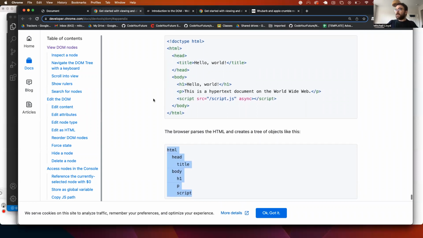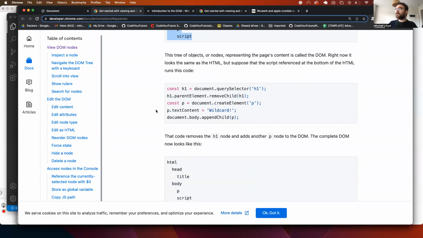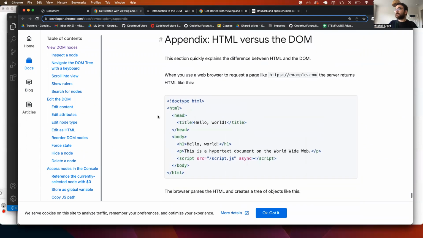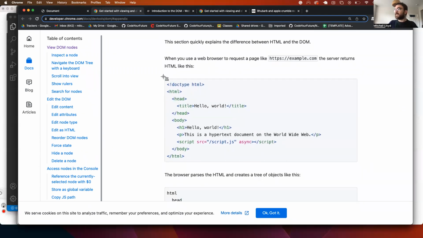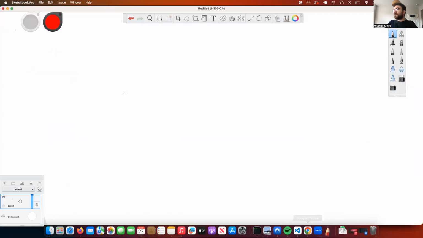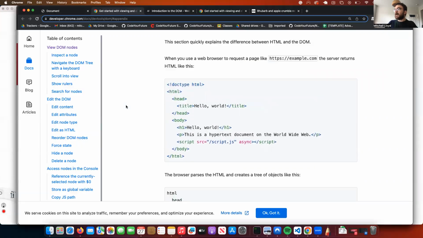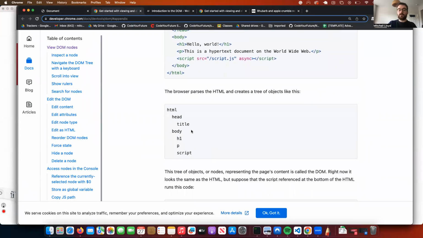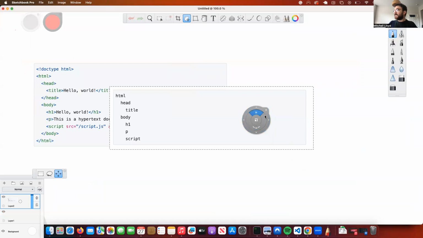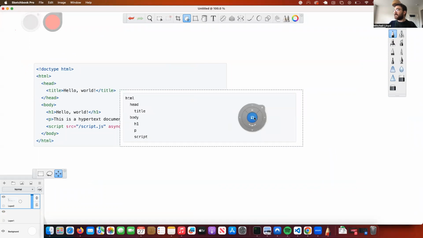We can take this snippet and summarize it ourselves in a diagram. So we've got some initial HTML, which I can have over here. The article is also saying that the browser parses the HTML to create a tree of objects that looks like this. This tree of objects that we get over here